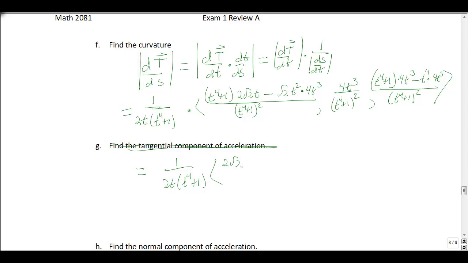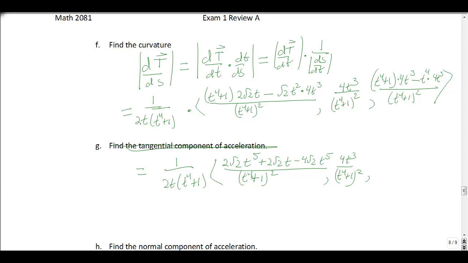You get 2 square root of 2 t to the 5th plus 2 square root of 2 t minus 4 square root of 2 t to the 5th over t to the 4th plus 1 squared, comma, 4t cubed over t to the 4th plus 1 squared, comma,